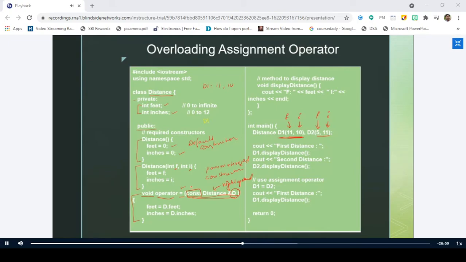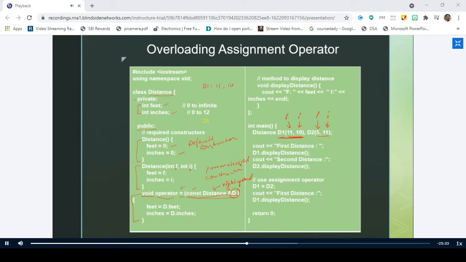To declare it as a constant. That means in order to avoid accidental changes of values, we make it a constant. So whenever you try to change the values of the constant, it will throw an error. Thereby you will come to know that in some statement, the program is trying to change the values. If you are not interested in changing the values of that object inside the program, you just make it a constant. That is the reason why we give it as constant, and it is not mandated.